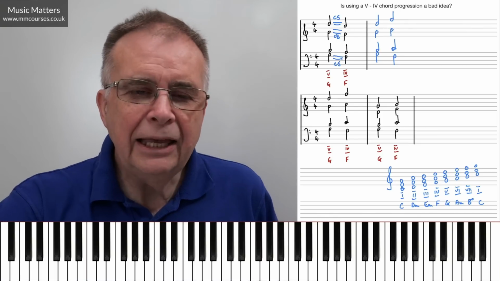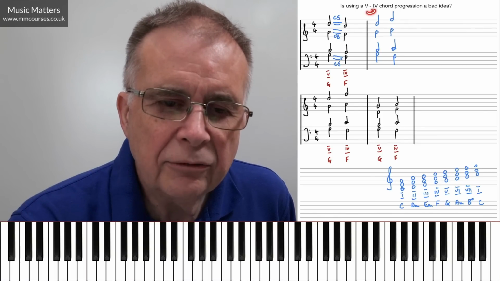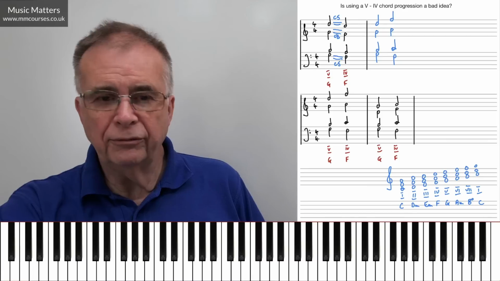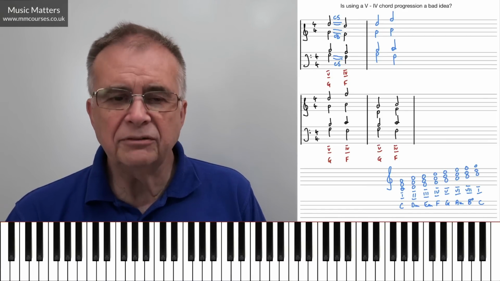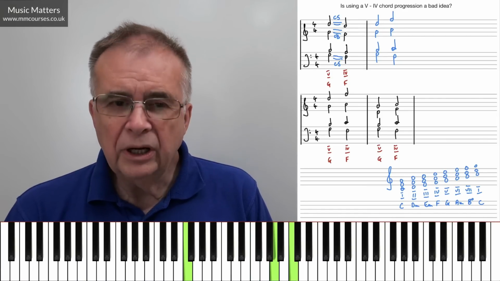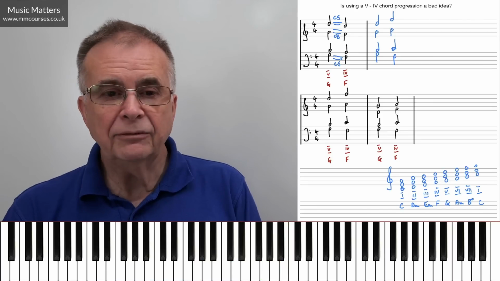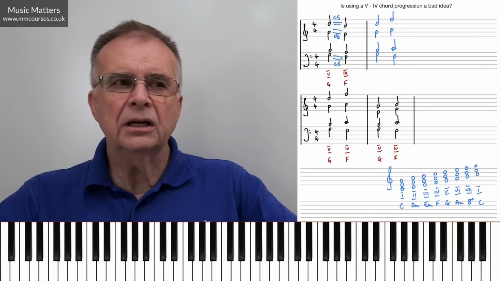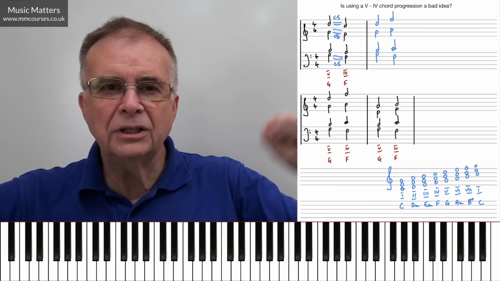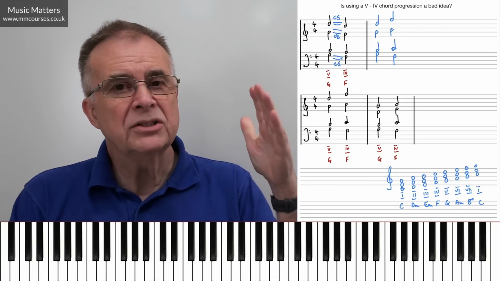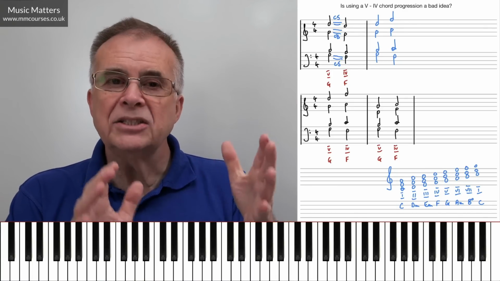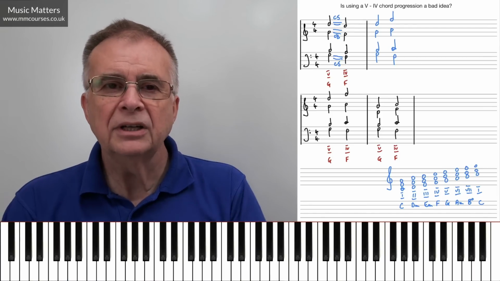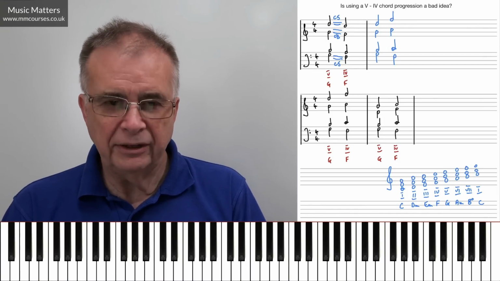Strangely enough, if you reverse this, going from 4 to 5, that is actually quite a standard thing to do, because 4 followed by 5 is one version of an imperfect cadence, going 4 to 5. Again, you've got to be very careful you don't end up with those consecutives, but because you're finishing on 5, it's a kind of musical comma if we're using this punctuation analogy. So 4 to 5 is a recognized cadence. So it's going to be much more commonly used that way round. 4 to 5, often much stronger than going 5 to 4.